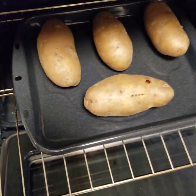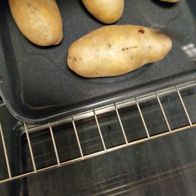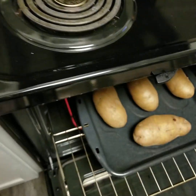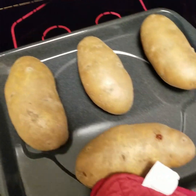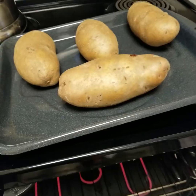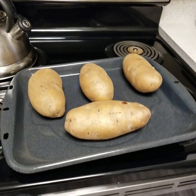All right, so the best way to find out if a potato is done is whether they're fork tender. That fork just went right in there. These have been in a little bit longer than I think I would have liked, but they're going to be fine because they're so big. Next, we're gonna cut them in half and scoop out their guts. No, this is not a Halloween episode. So the next thing that we are going to do, we're gonna make some stovetop Southern macaroni and cheese to